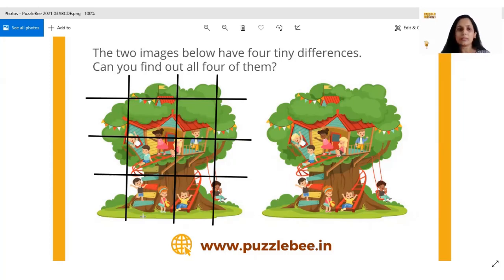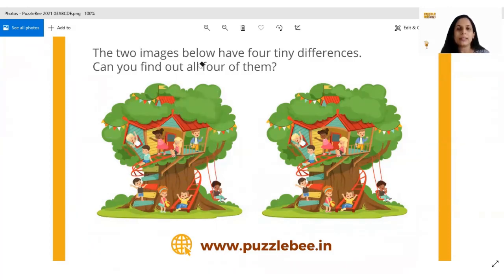Now you can observe one block at a time. This one clearly does not have any changes, because it really had no part of the tree house or anything else there. Then maybe you can check this. Since my lines here are not very well aligned, you don't really need to draw the lines every time, just try to observe one part at a time. Maybe you can observe these flags. I'll quickly remove these lines, because they could distract us. What I intended to say was, have these mental lines drawn so that you know what part you want to focus on. Let's focus on this part.